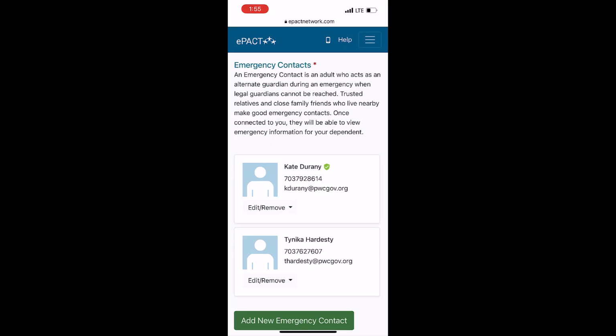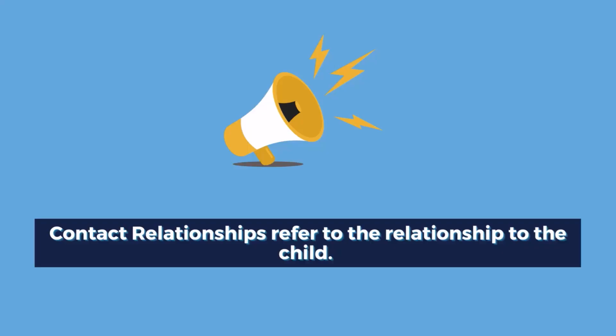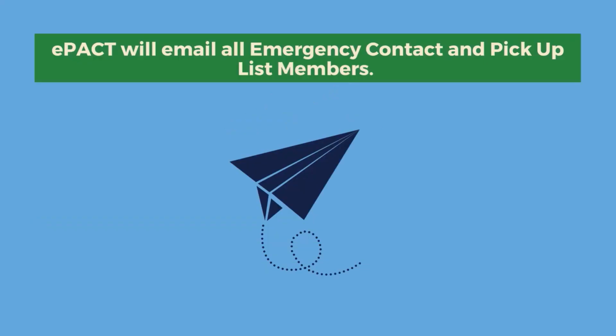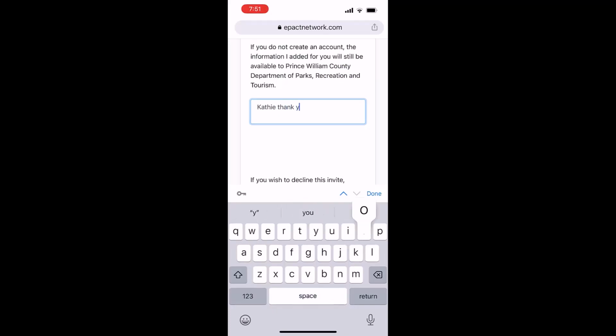Please keep in mind, contact relationship refers to the relationship the individual has to the child or dependent. Anyone listed on the emergency contact or pickup list will receive an email to verify their contact information. This verification is not a requirement. You may also type a personalized message to any contacts along with the pre-populated email text that will be sent